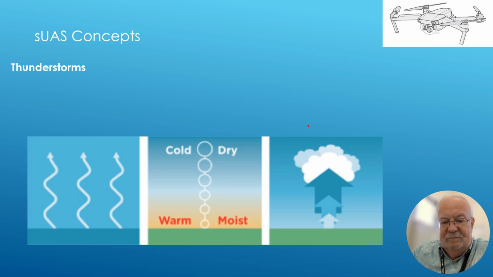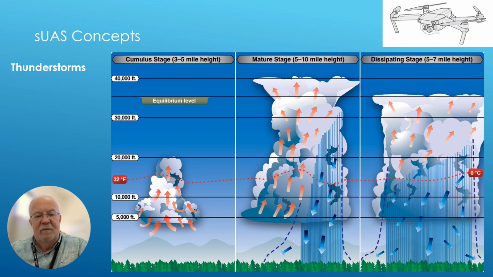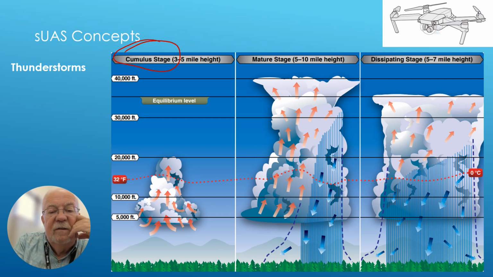So, from this point, let's talk about how they form. We have the three sections of how the FAA understands thunderstorms, and it's a really good way to understand how they are formed and how they evolve. Right? They start out with phase one, which is the cumulus stage, 3 to 5 miles in height. We have some uplifting, whether it's a mountain, or just temperature, or a frontal system, whatever. So we have air rising.